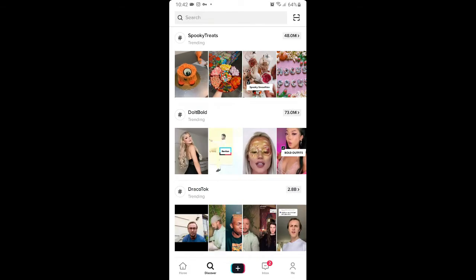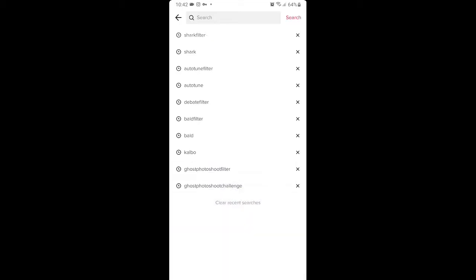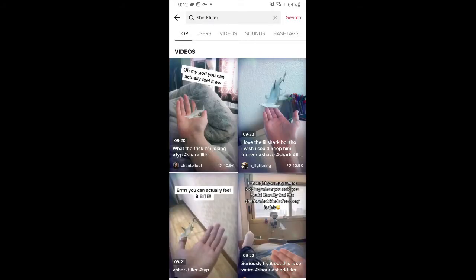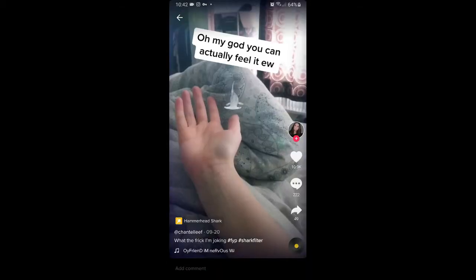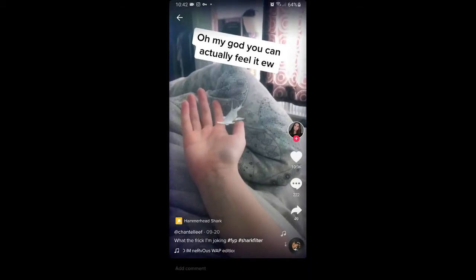And if you are not finding the filter like this, then what you can do, you can go to discover and you can search for shark filter. Here you will see many videos with this effect. Now tap on any video you want, and at the bottom left corner of the screen you will see the effect icon. Just tap there. This is in yellow